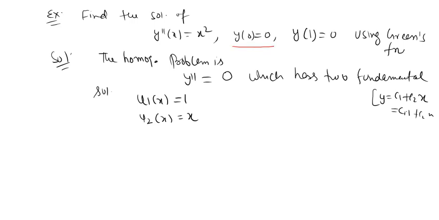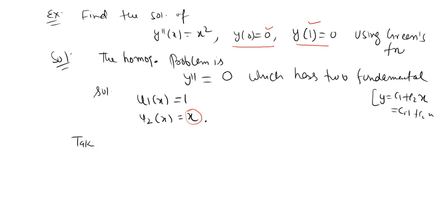So one solution will become 0 here and another solution will become 0 here, and you can check that when x equals 0, this will become 0, but you have y1. When you put x equal to 1, none of them become 0. But in a basis of linearly independent solutions, they must satisfy the boundary condition. So in order to satisfy the boundary condition, we need to modify these.